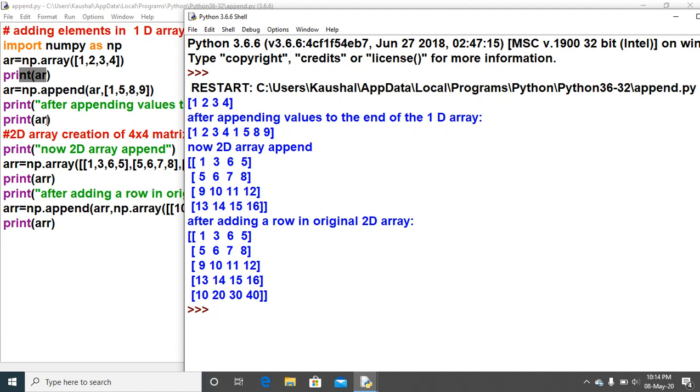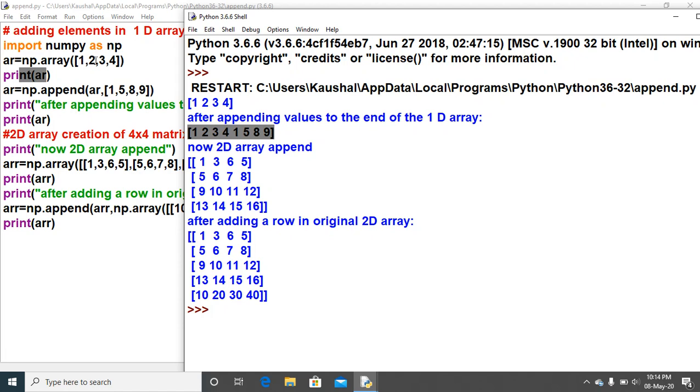And then print ar, and this print ar is after this ar. That means first you created this and took it as an output, and afterwards you append the values 1 5 8 9 and then take the output for ar. So just look here, this is the main output: 1 2 3 4 1 5 8 9.